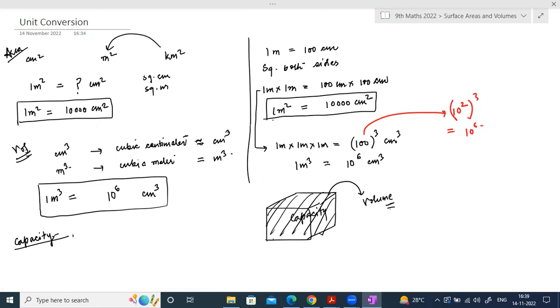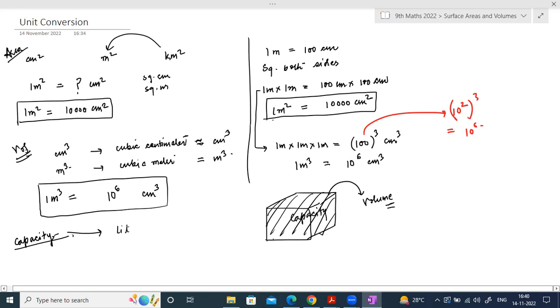If we are talking about how much water it can hold, we will talk about capacity. If we talk about how much space it will occupy, we will say volume. So ultimately we have to find the volume in both cases, but